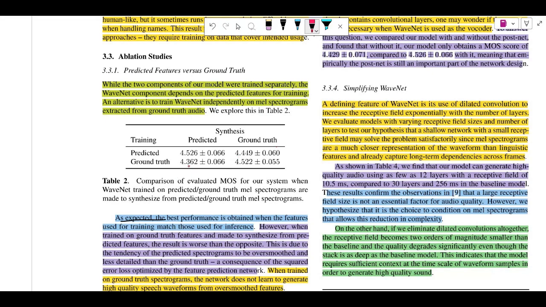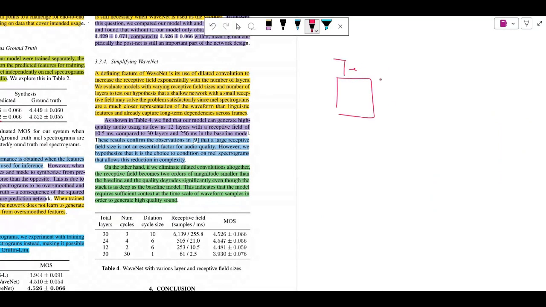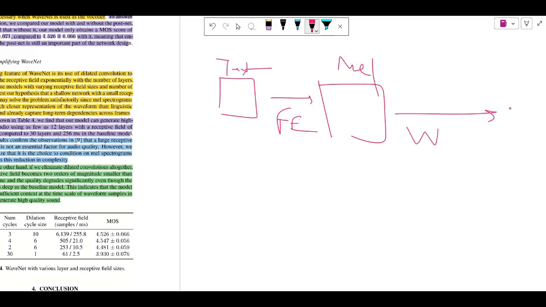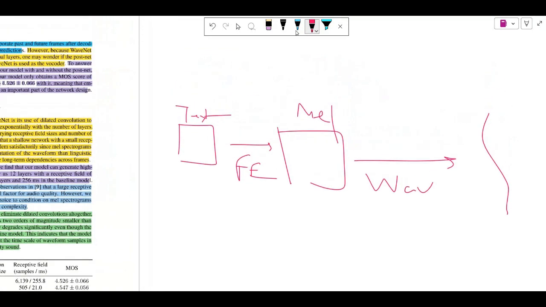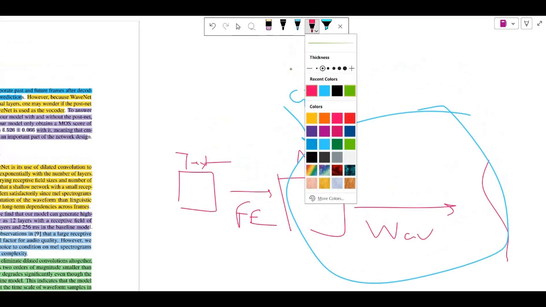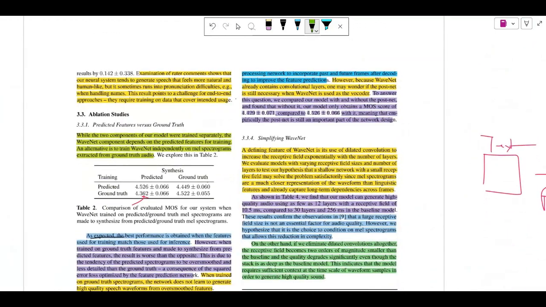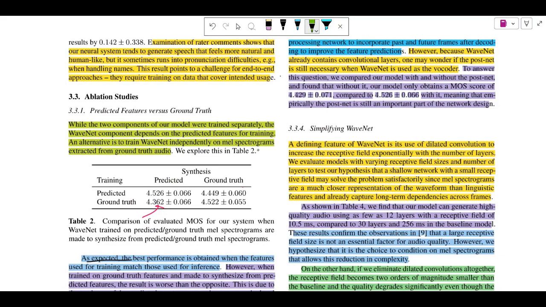However, one particular case performs really badly. So this is your text, this is your mel, this is the feature extractor, and then you have your WaveNet and you have your wave. One particularly bad case is that while training this, you use the ground truth, and while inference, you use the prediction. This is very bad: during training use ground truth and during inference use predicted,